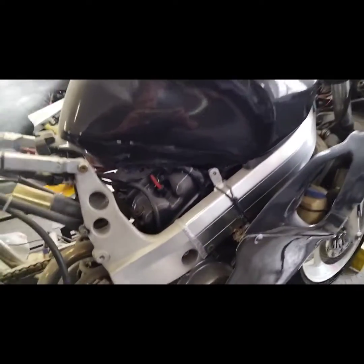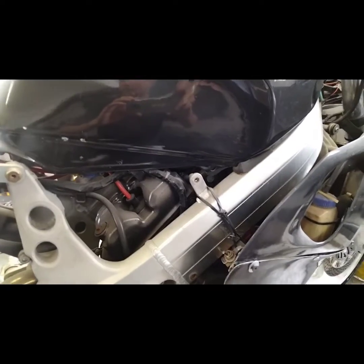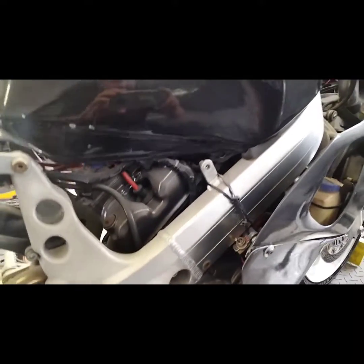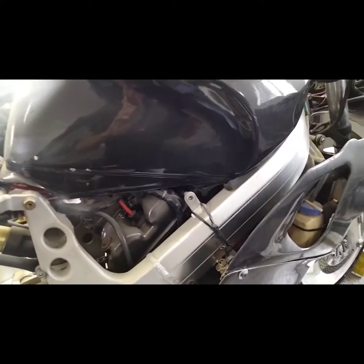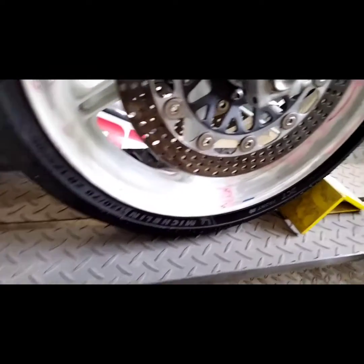It developed a bit of a misfire the last time I raced it, and I suspect that it's something to do with the carbs, so these need to come off for a clean and a setup. The front rim needs some paint after a recent